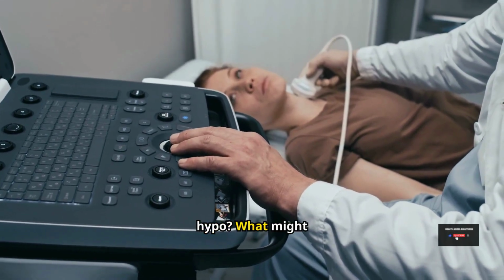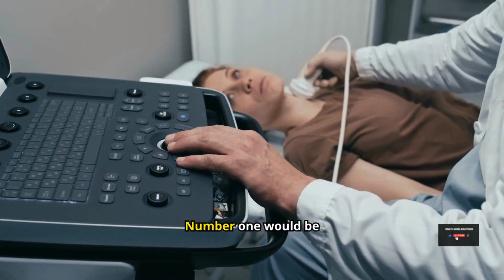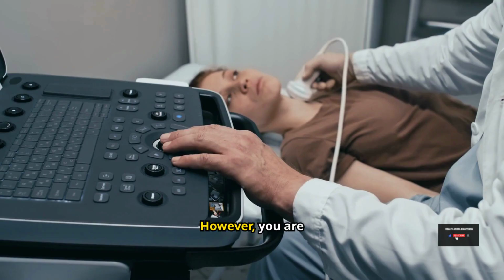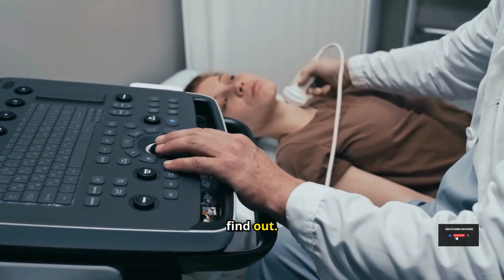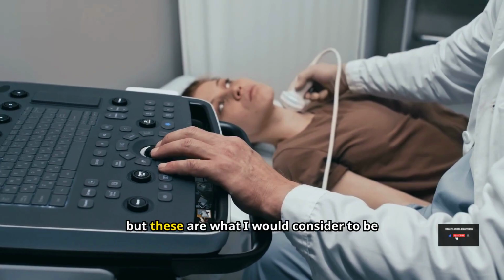What are the side effects of too much? What might you be experiencing if your dose was too high? Number one would be worsening fatigue, believe it or not. However, you are aware of yourself, which may make things more challenging to find out. I will not go over every single one of these, but these are what I would consider to be the most serious side effects of levothyroxine: